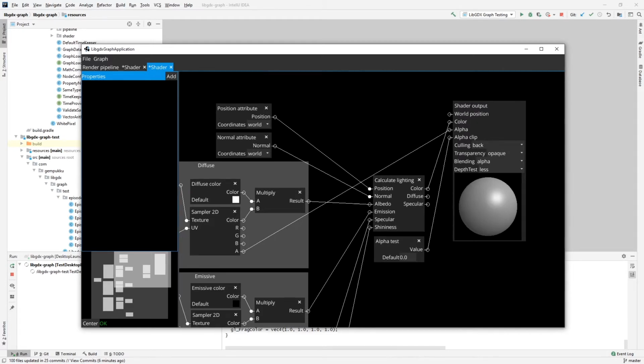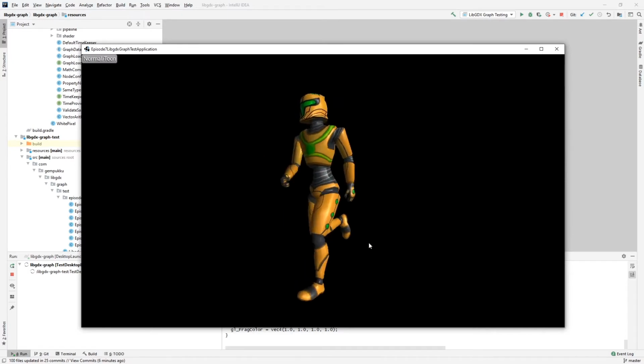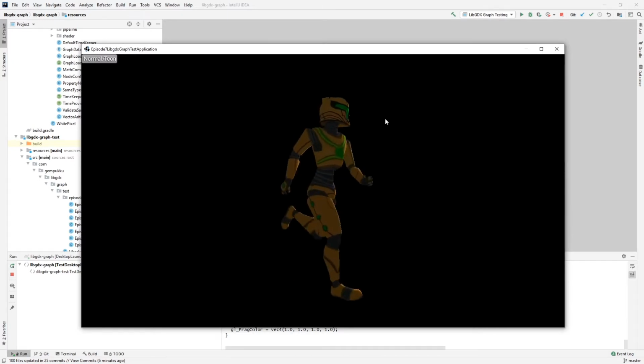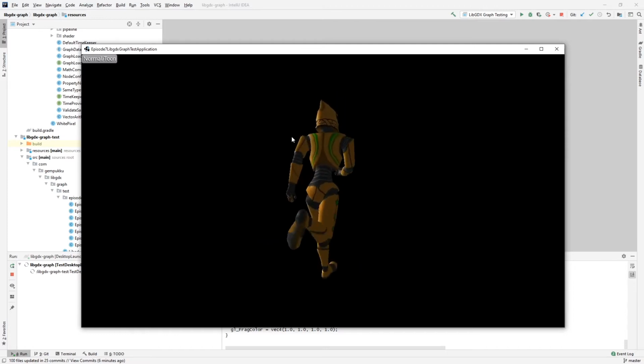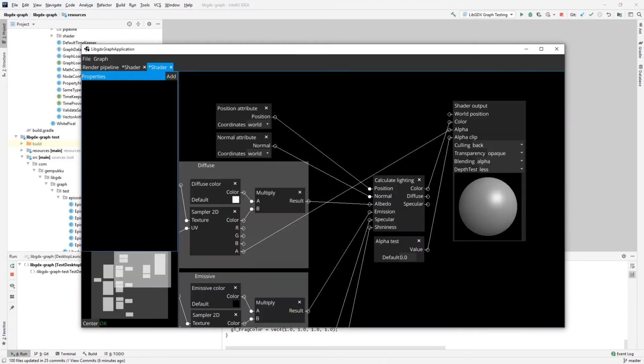And this produces this kind of lighting on the model, where we can see here we have a directional light that's coming from the left side of the model itself. And now I'll show you how to create the